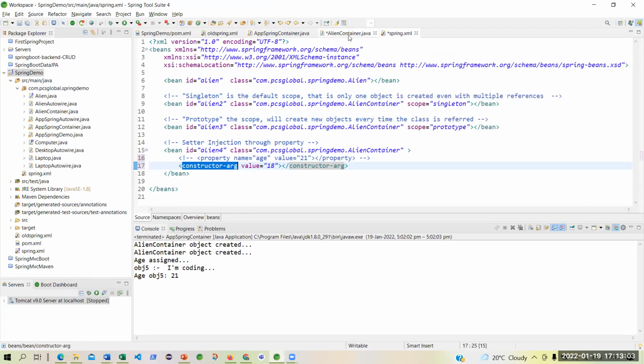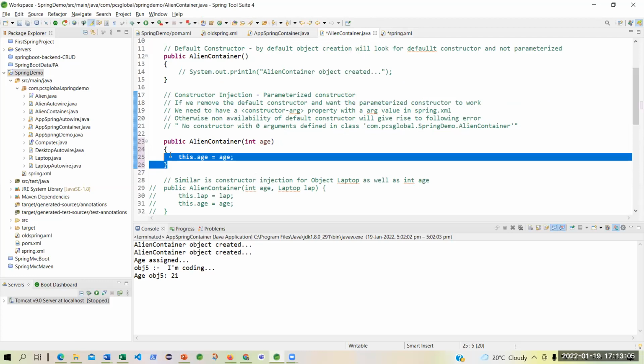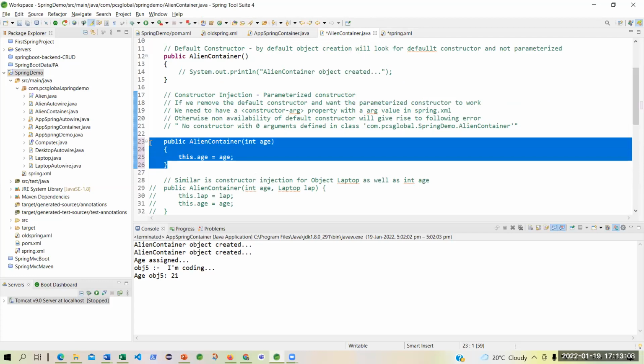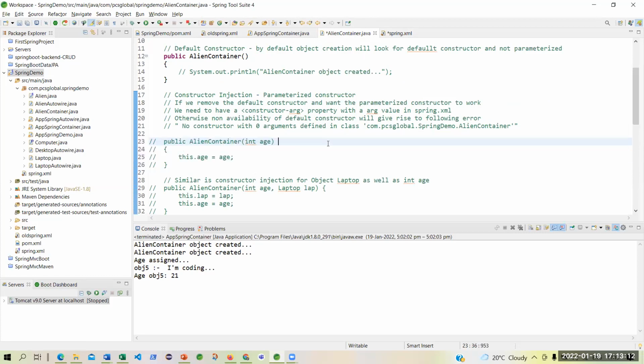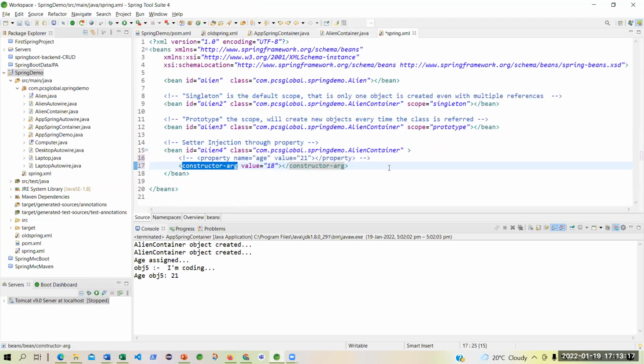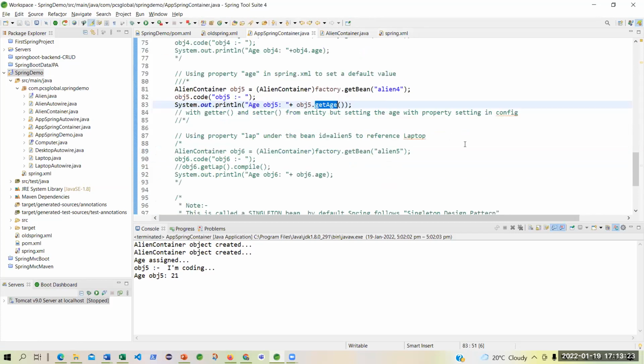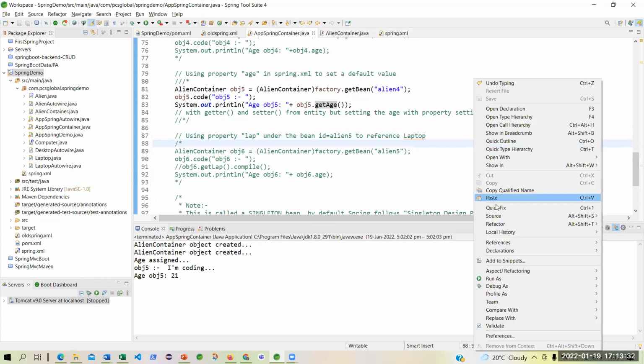Okay, first of all, because I am doing this the first time, let us say that there was no constructor like this. I will save this. Let me save this as well. I have given this constructor-arg value 18, but it might not work. I have kept it on, but afterwards I will take it out. Let me run this.